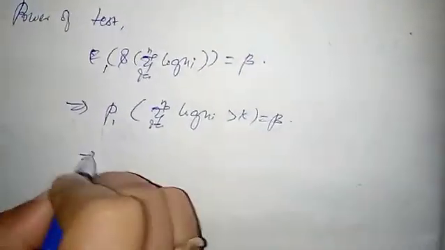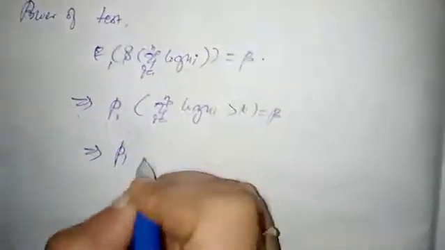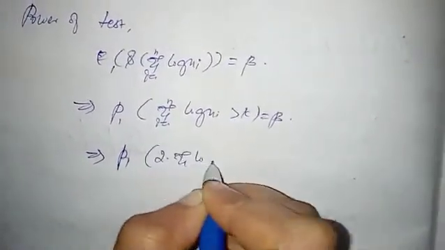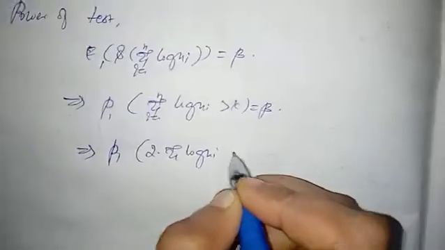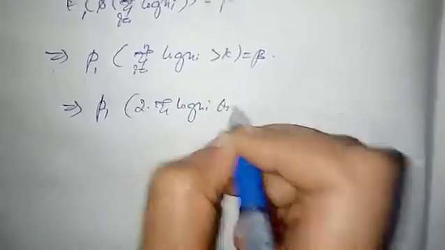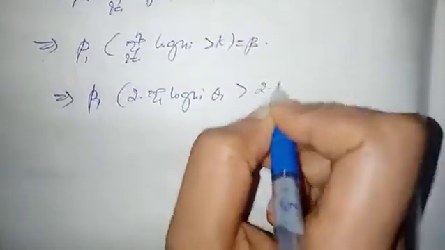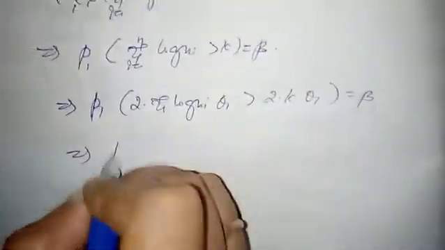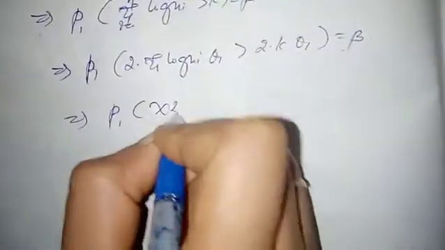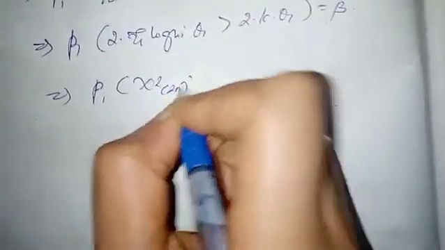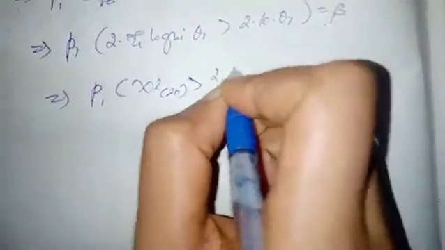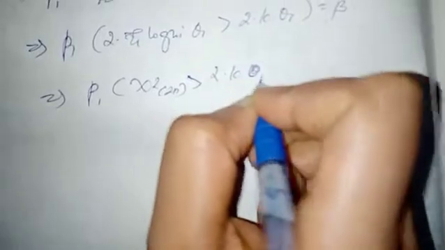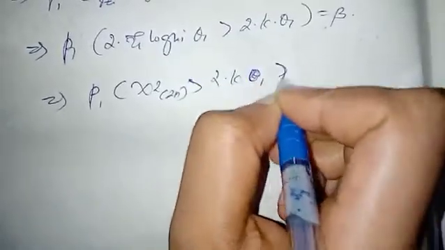Which implies the probability of 2 into summation log xi divided by 1 by theta 1, greater than 2 into k into theta 1 is equal to beta, which implies the probability of chi-square with 2n degrees of freedom greater than 2 into k into theta 1,